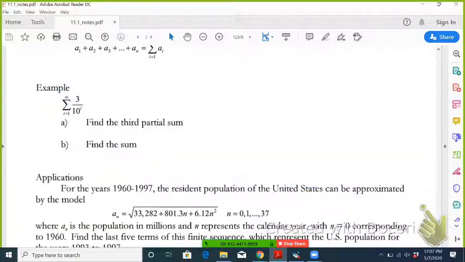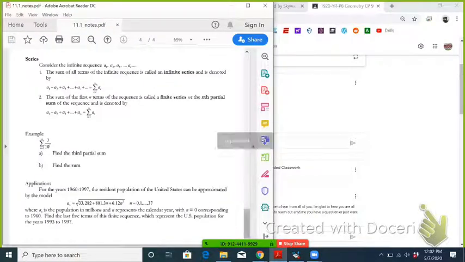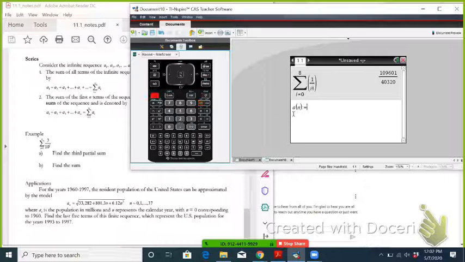Last but not least, we have a little word problem. We have a model of the population of the United States, where a sub n is the population in millions, represented with the calendar year, where n equals 0 is 1960. Find the last 5 terms of this finite sequence, which represent the U.S. population for the years 1993 to 1997. For this, you're not finding a sum, so you don't need sigma notation. What I would do is just use a function. So do a sub n, then control equals,